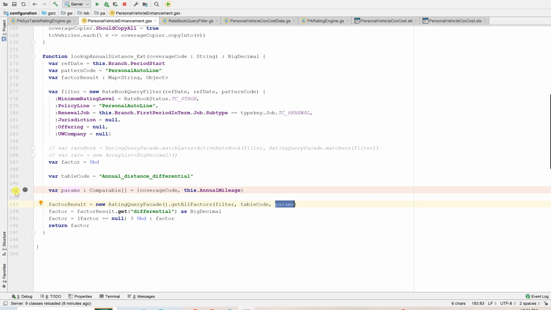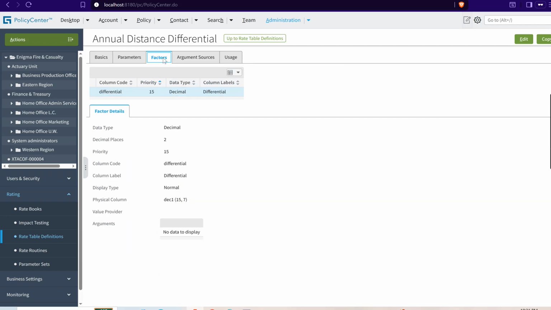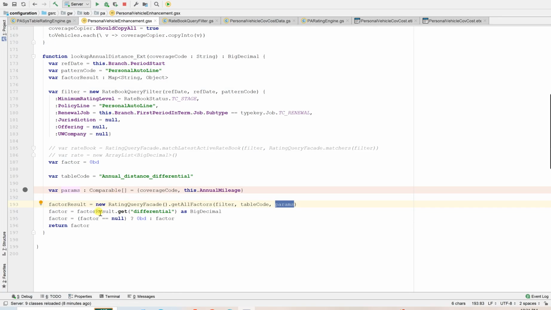It requires two parameters, in line numbers 190 and 191 we can see the two parameters, and what is the output we are expecting. We can have multiple outputs in one rate routine. To see the output, we need to go to factors. So here we have only one. Even if we have one or multiple, we need to go to factor results dot get, and the code we need to